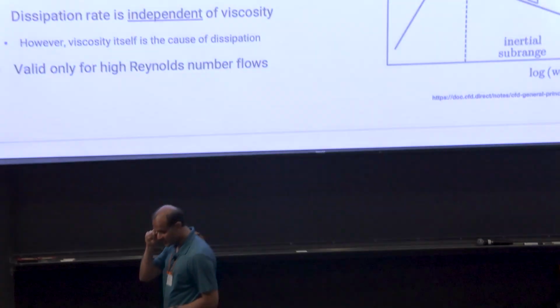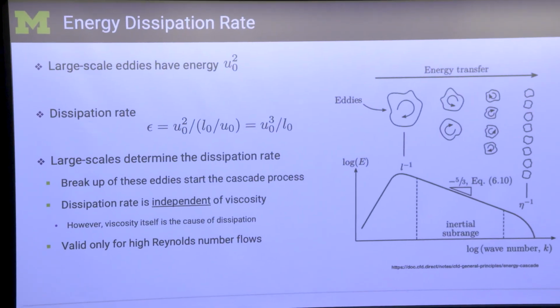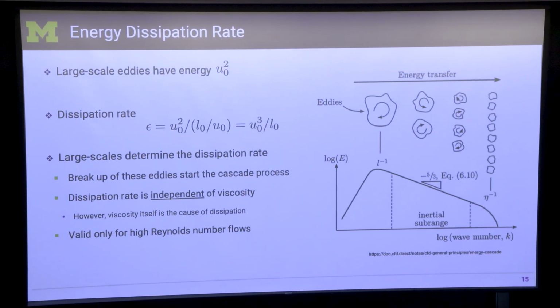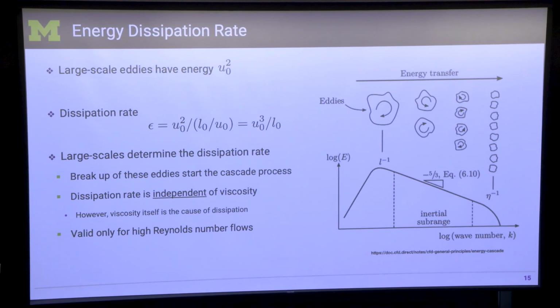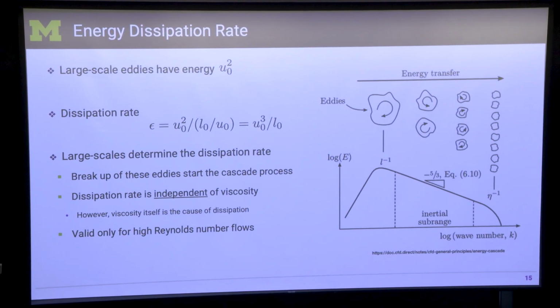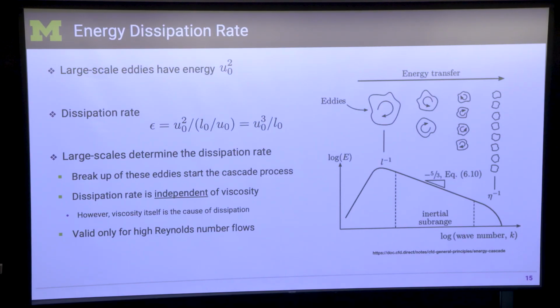Now, there are many aspects of this. These are not that critical, but it's good to know some of this at least. So there's this thing called dissipation rate, which is the rate at which you take turbulent kinetic energy and make it heat, right? So the rate at which you're losing your ability to do useful work. And so that's the dissipation rate. And you have a scaling for this, which says that epsilon, if it's LaTeX, that's varepsilon, is U naught cubed over L0. So you have the kinetic energy of the eddies, you divide it by L0, the length of the eddies, and you get this dissipation rate.